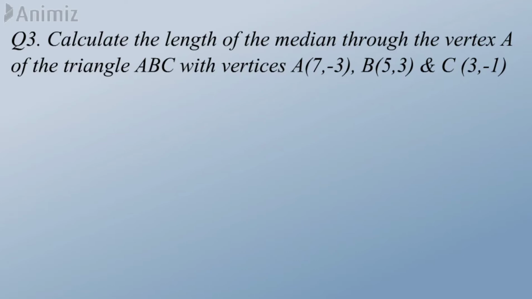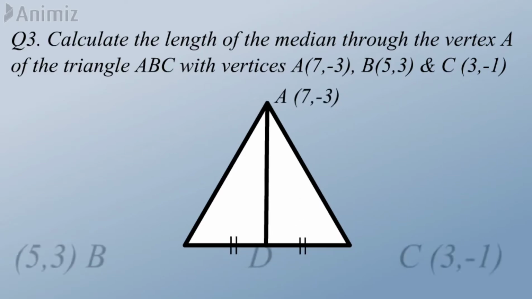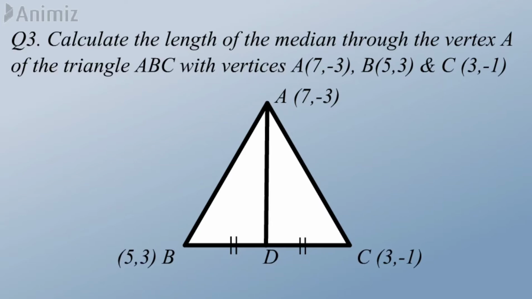And the vertices we have to consider as x1, y1, x2, y2 and x3, y3. Or you can take the triangle ABC as it is and consider one of the medians AD from the vertex A. So D will be the midpoint. You know a median meets at the midpoint of the opposite side. So when you draw the median AD, D will be the midpoint of BC. Now the coordinates of B and C you can consider as x1, y1, x2, y2. So you will get easily the coordinates of D.